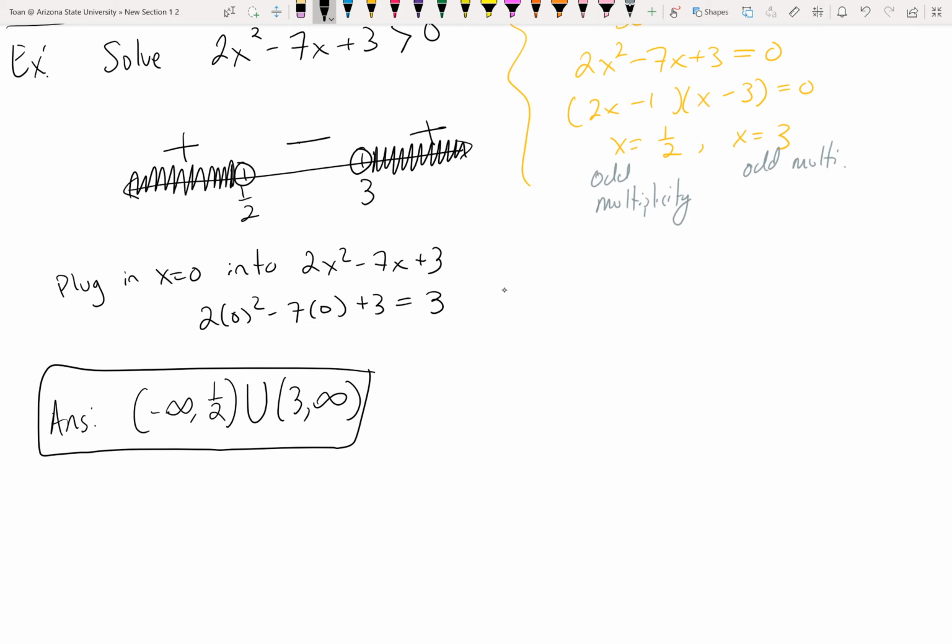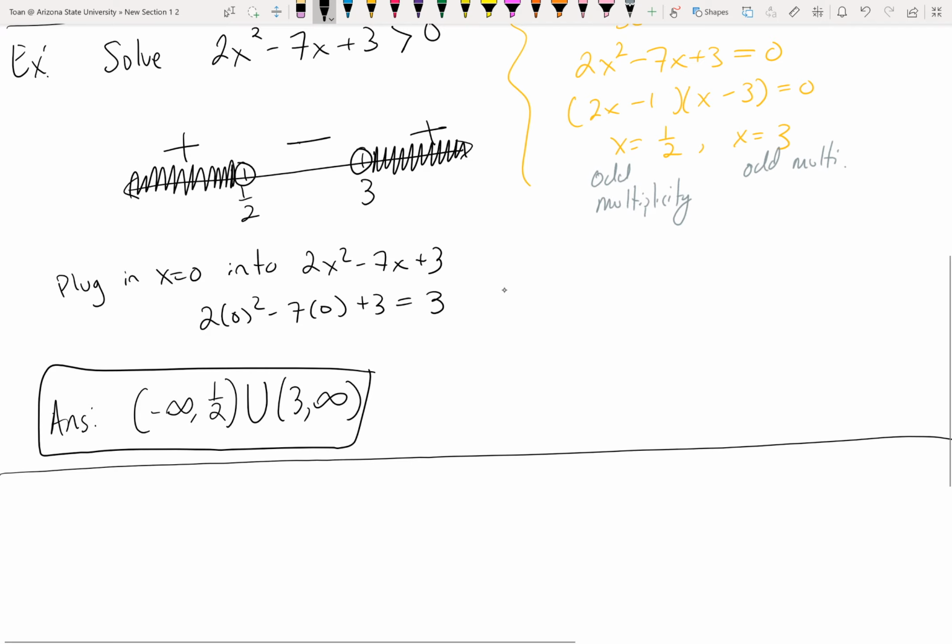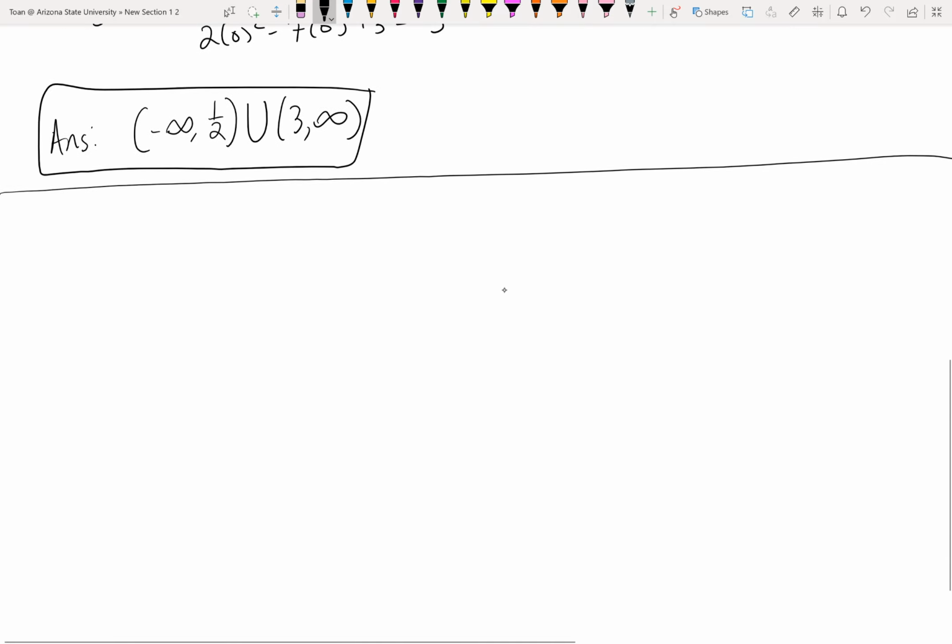Let's take a look at another example. This example was pretty boring because it was all odd multiplicities. Let's see what happens when we have an even multiplicity problem. I'll be nice to you and give you this problem already in factored form. Say I ask you to solve,